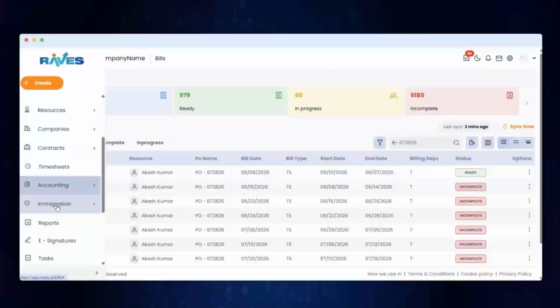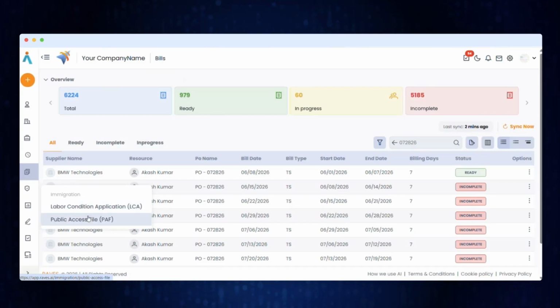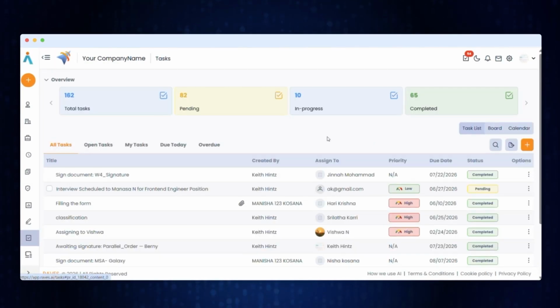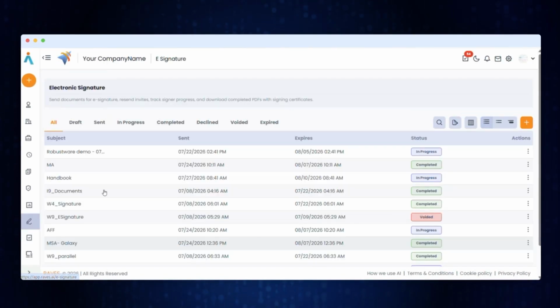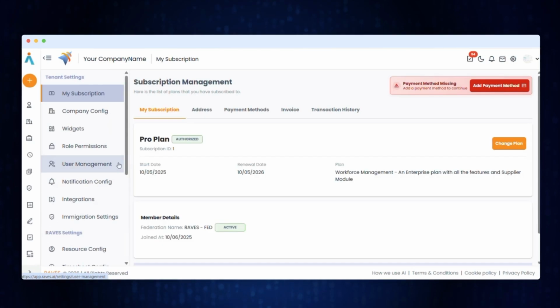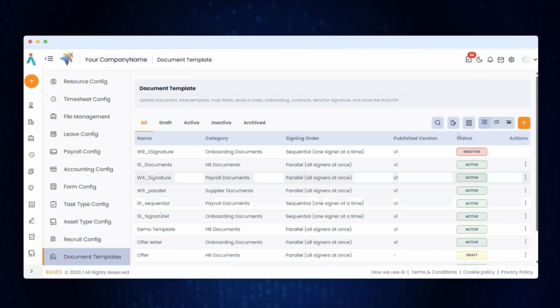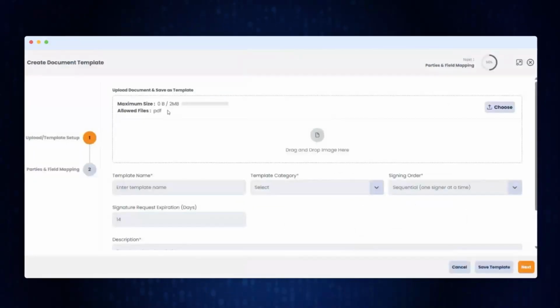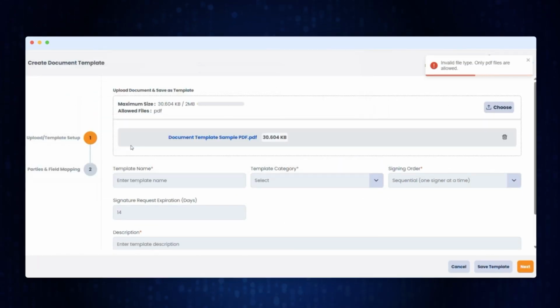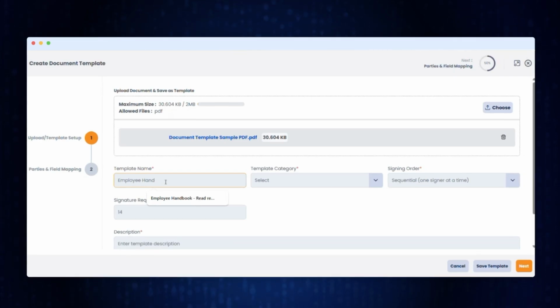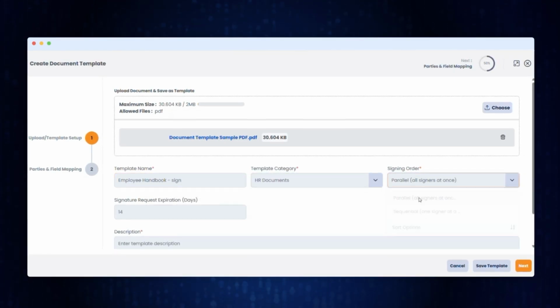And we have LCA, public access file. Apart from that, you have general reports. You can assign any task to collect any documents, and you can set any document templates like I9, W4, or I'm just giving an example here. Employee handbook. I'm just taking an example of handbook. HR document, signing order, sequential or parallel you can put, and